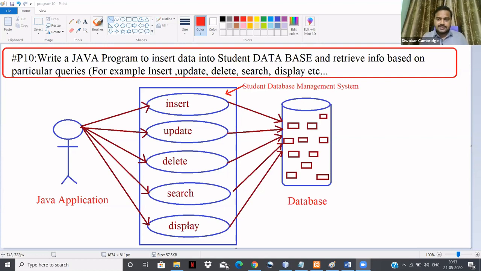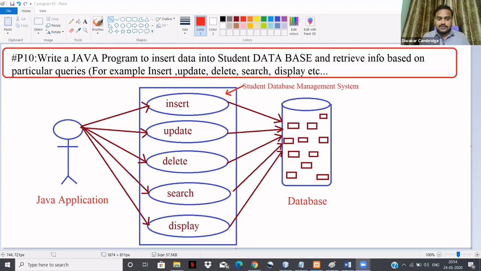What is the prerequisite of this particular program? You need to know the essentials of Java and the essentials of Java Database Connectivity. There are 6 steps for Java Database Connectivity, and you should know about these 6 steps.